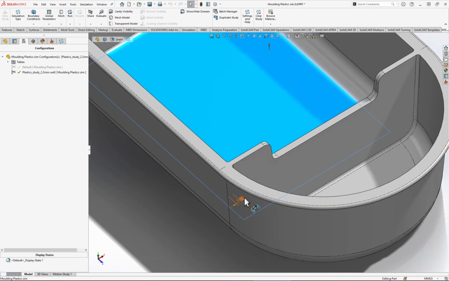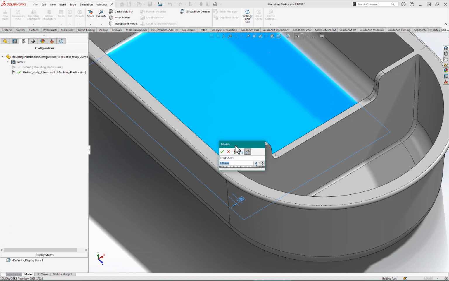So there it is. And not only is it visible, if I quickly double click on it, this menu can be a little bit tricky to get into. If you don't see this menu, the modify menu, press escape and try double clicking again until you do see this modify menu. So my intention is to change this to 2.2 millimeters, but before I do that,